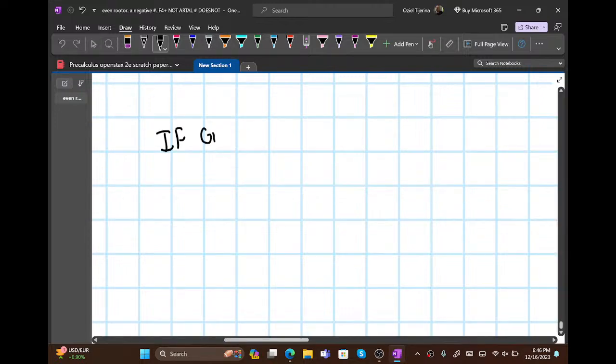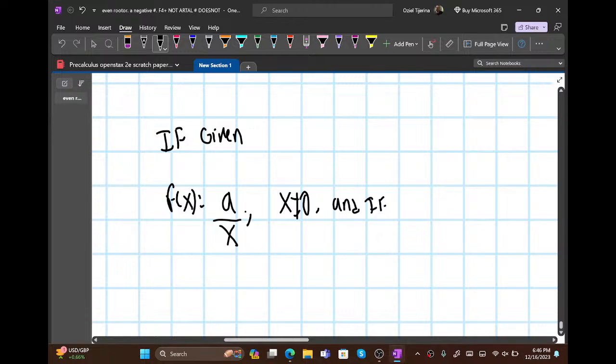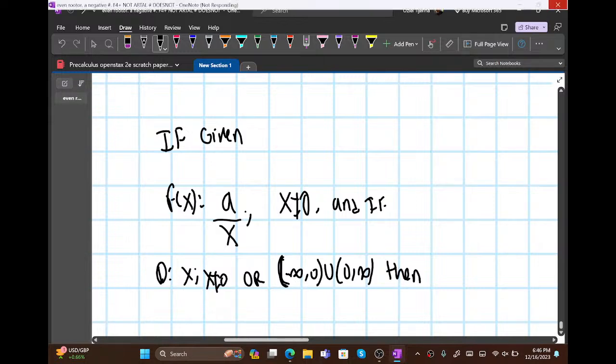If given f of x equals some function a over x such that x cannot be equal to 0, and the domain is x such that x is not equal to 0, or negative infinity to 0 union 0 to infinity, then if x is not equal to 0, then for the range,